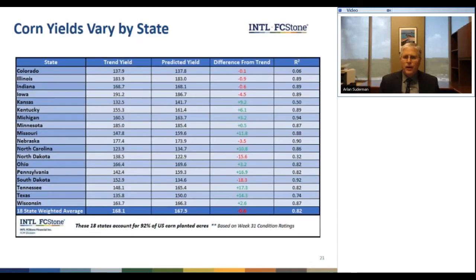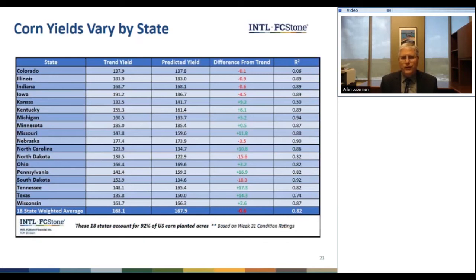When we look at state by state yield models, you see the R-squared values on the right, and that gives us an idea of how much of that state's yield is being explained by the condition scores to this point. And the higher the number, obviously, the better. So we get lower R-squared numbers on the state models than we do the national. The national, we're up to around above 0.9 in most states now or close. And we end up at about 0.97, 0.98, depending on talking corn or soybeans, so pretty close. But the state is a little bit lower. It does give us a little bit of a modeling of where we're at.